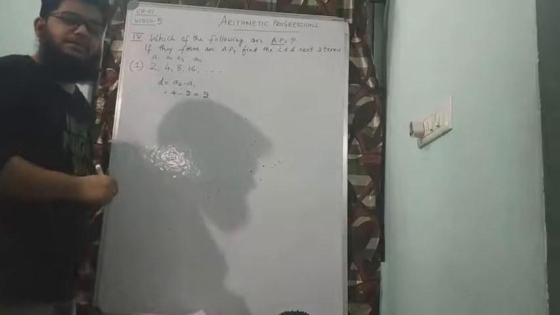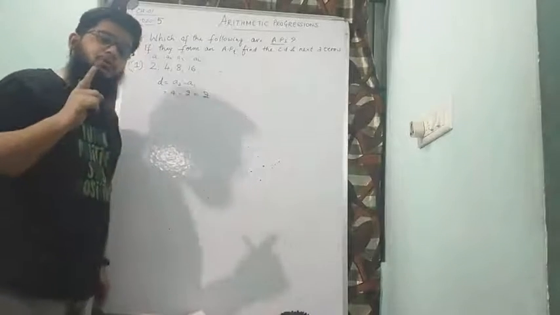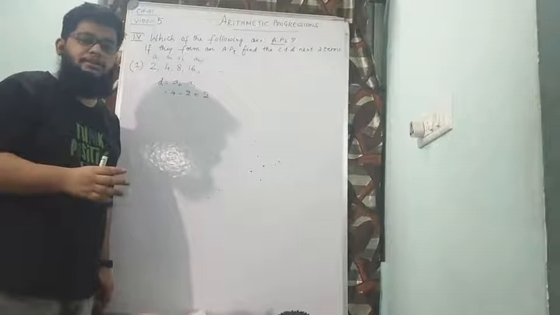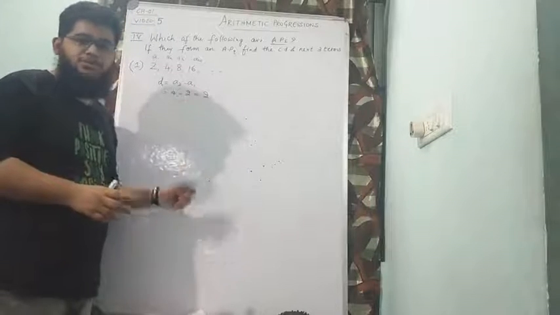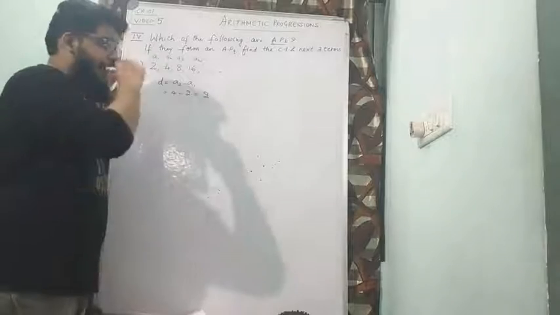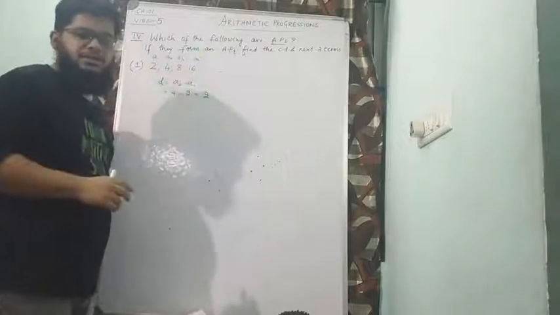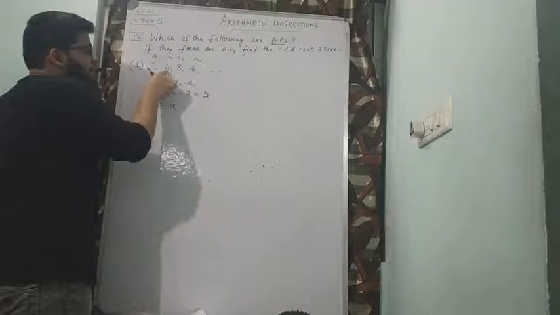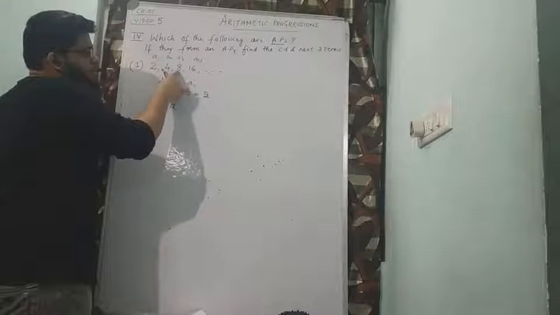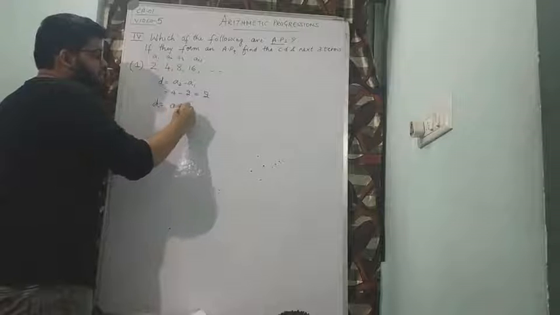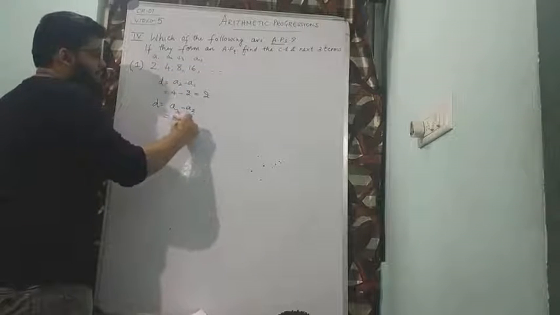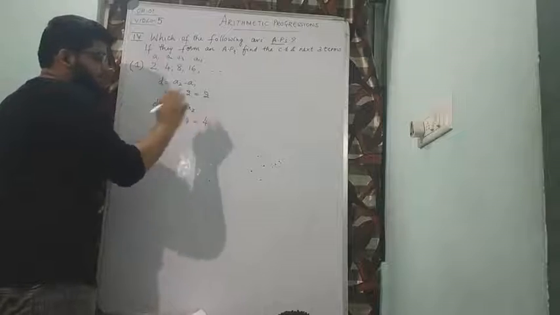You have done homework on this kind. With first homework, if you remember, 3 examples on AP and 3 examples on not AP. So it's very similar to that. You should just prove whether it is AP or not. And if it is AP, then you should find out the next three terms. We'll come back to that later. Let me find out one more time. Instead of doing A2 minus A1, I can also go with A3 minus A2. A3 is 8 minus A2 is 4 and 8 minus 4 is 4.